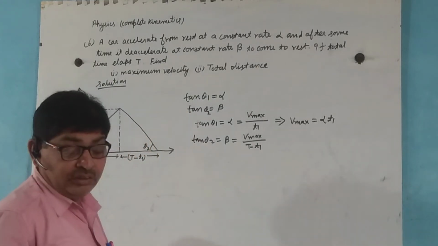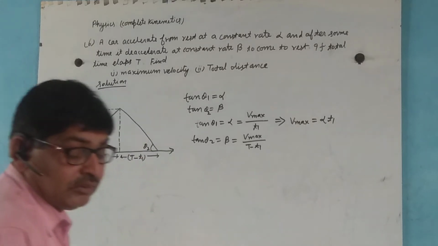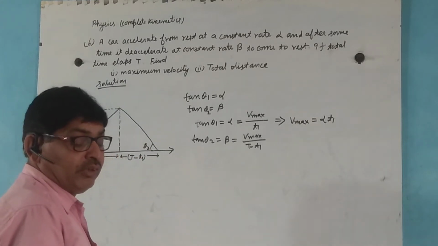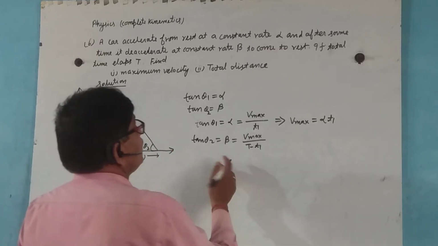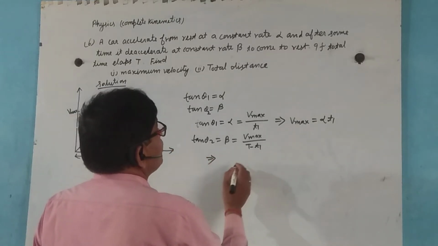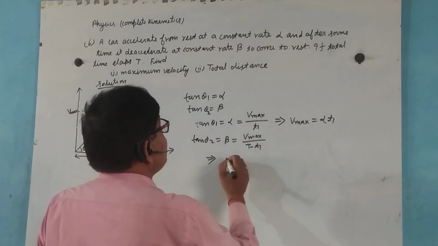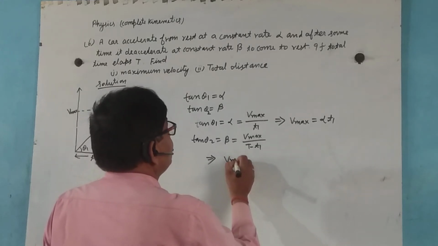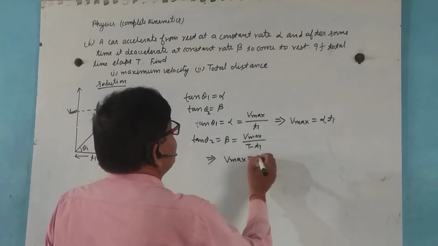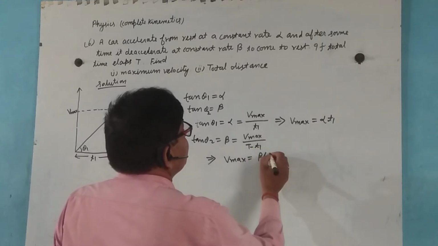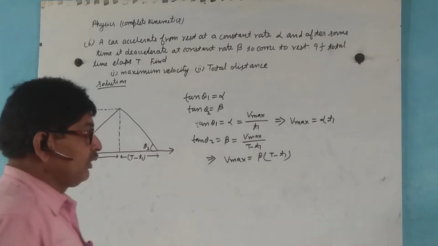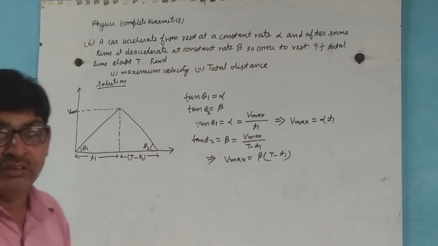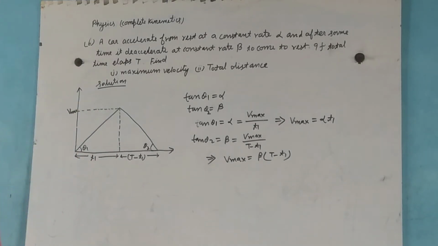Here now, T1 equal to, in this case, V max equal to beta times capital T minus T1. Here, capital T minus T1. Now